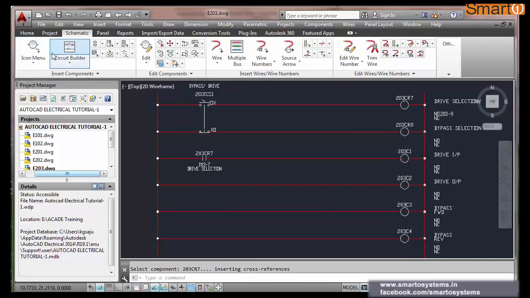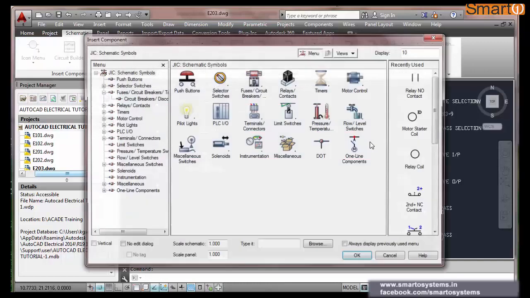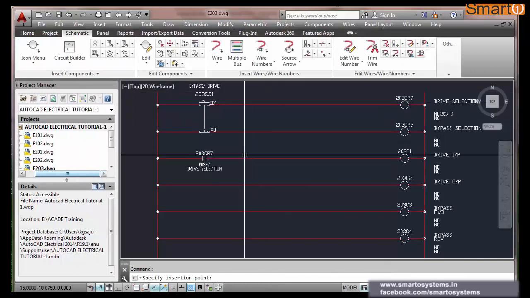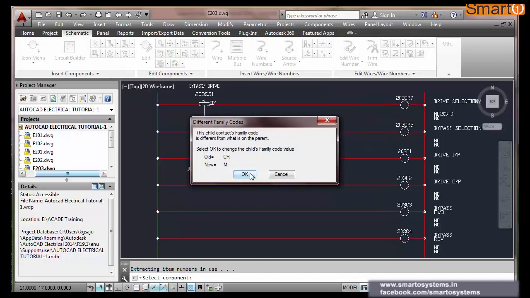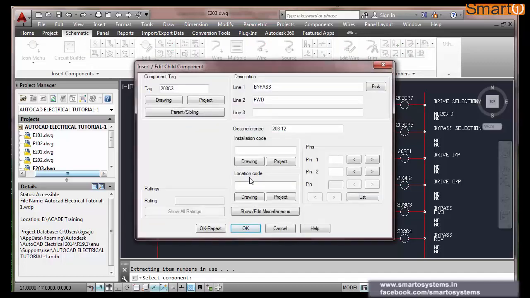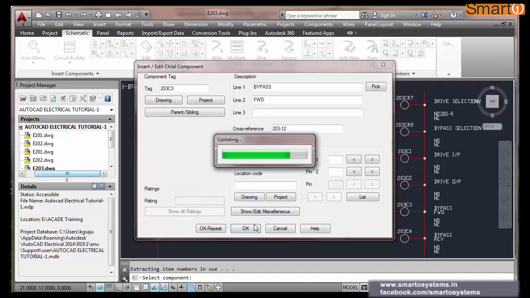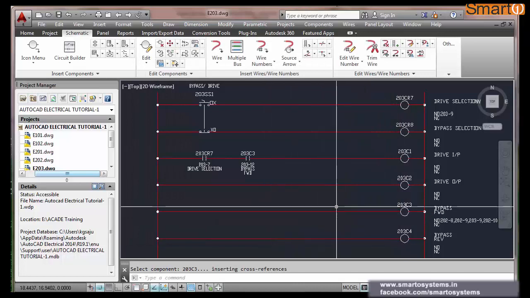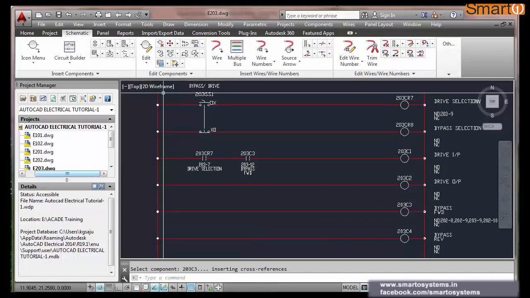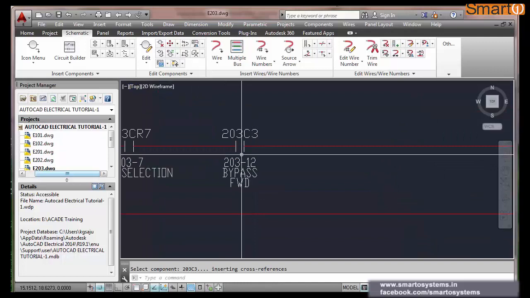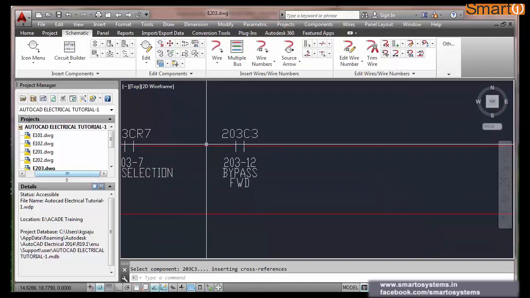So I will again put two contactors, that is, auxiliary contacts of these. But it should be NC. I wrongly put this as NO. I want this as NC.